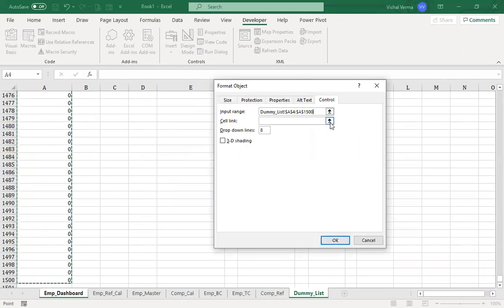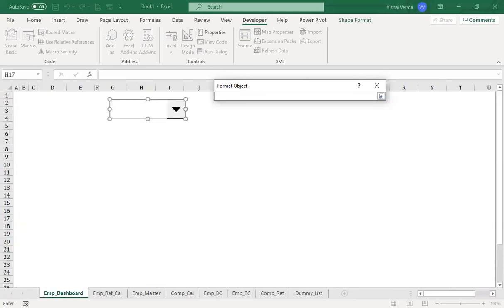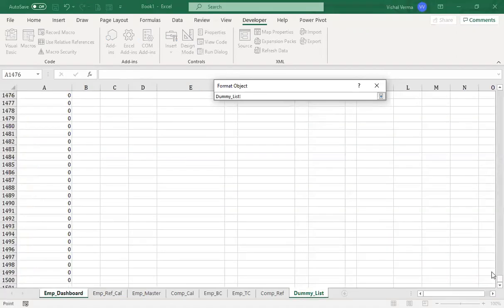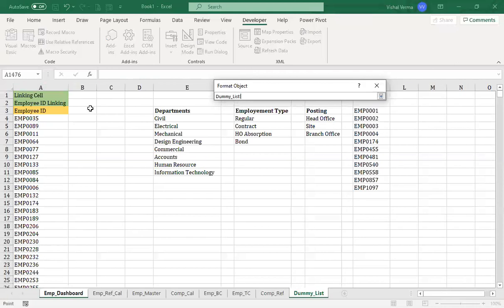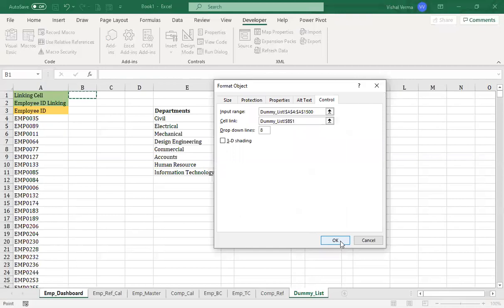And then we have to give a cell link where it will be linking the cell. All the calculations will be on the basis of this. So we got a linking cell here, and click OK.